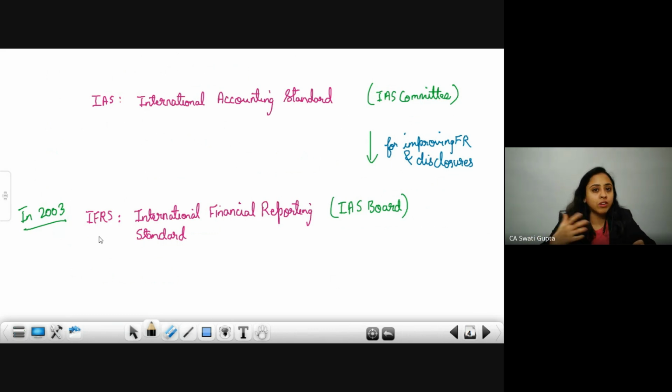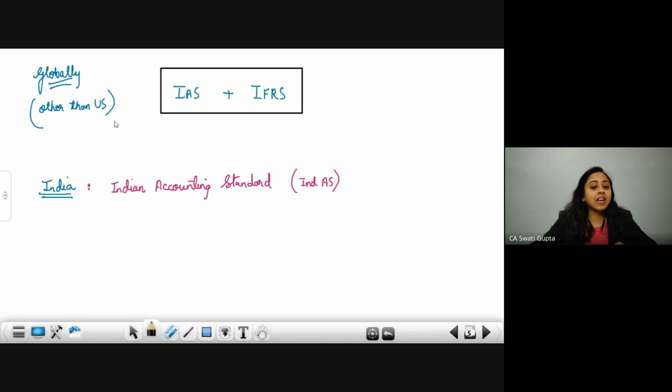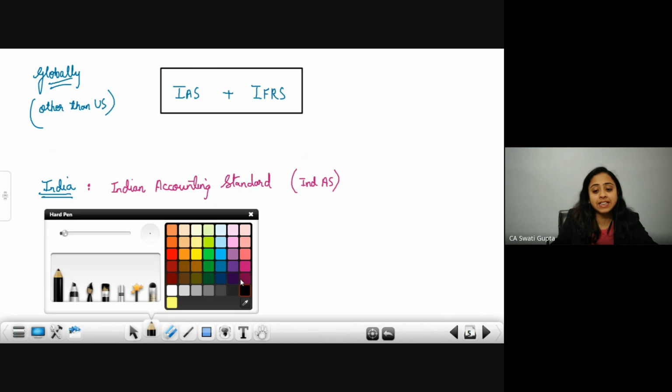So you are trying to promote trade, to promote clearer, better presentation. India also accepted global standards, that is IFRS. Okay, but the IFRS were accepted by India as what are known as Ind AS, but they were not accepted as it is. India copied it from foreign countries, and they were accepted, but with some changes. So India accepted this Ind AS, but it said that